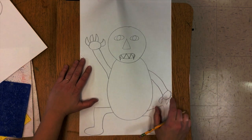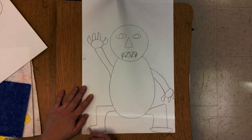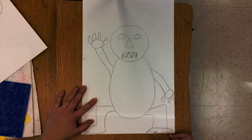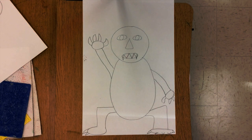And if it falls off the page like that did, that's okay. And if you want to put some claws down here, you can put some claws down here too. Show some big triangle claws. I'm going to put triangles going this way, all different ways. Awesome. So go ahead and add your extra